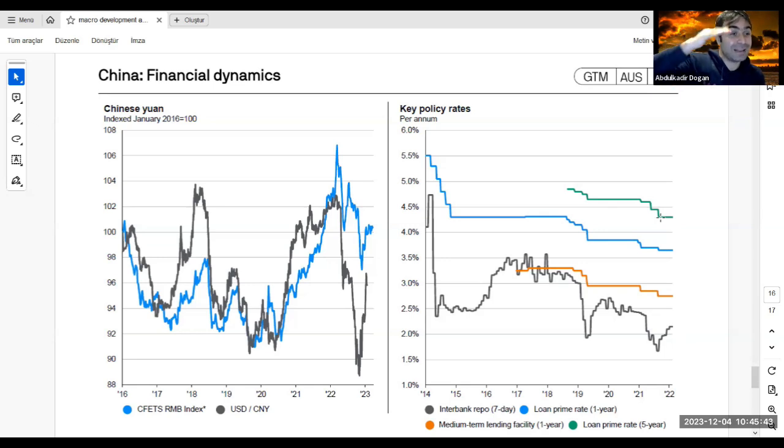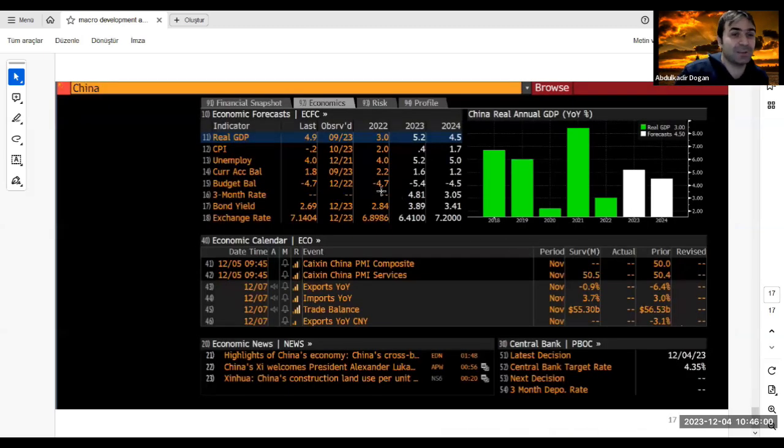They are still less than 5% because their inflation outlook is performing better when we compare it with the United States and the Eurozone. For that reason, they don't need to increase their interest rate aggressively to fight inflation. And the last slide for the Chinese economy, here I have a summary for China, and this is